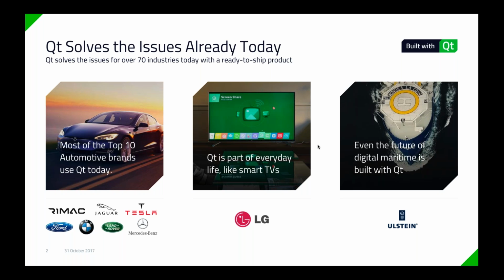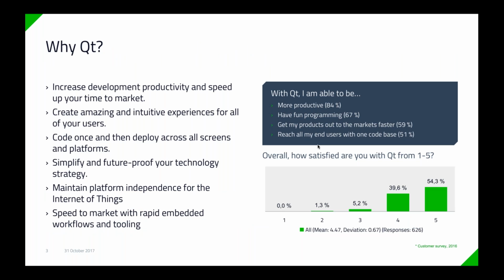In automation, it's used by Ulstein in some ships. Ulstein, for example, said that they were able to save the development costs for automation solutions from 1,000 hours to 50 hours by using Qt. There are plenty of different kinds of devices. It's not only the user interface. Actually, there are companies who are using our libraries for the engine, and then there are companies who are using Qt for tooling. They don't use our libraries at all, but they use the tools because they think that they are so cool. And if I continue a little bit on why Qt is so special,